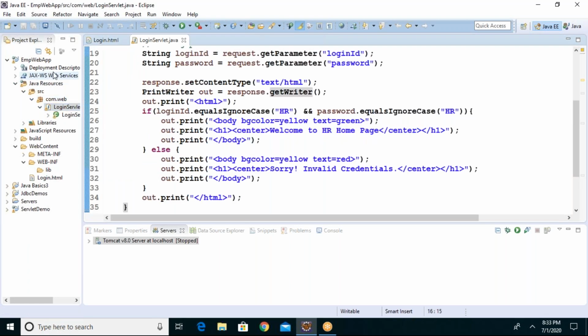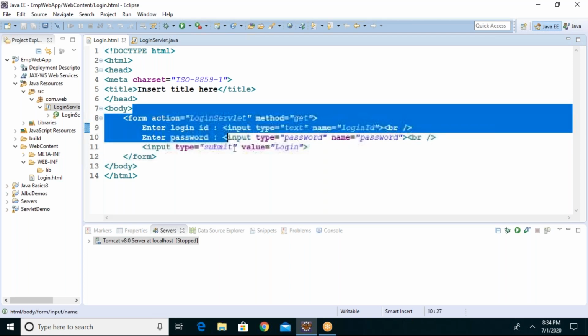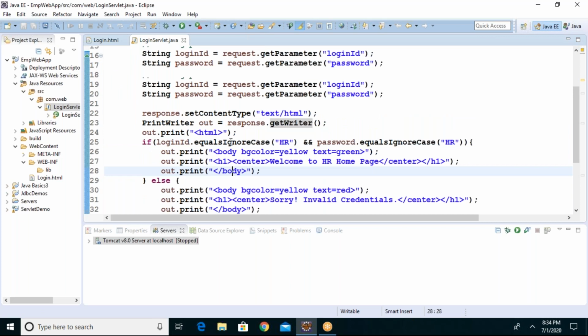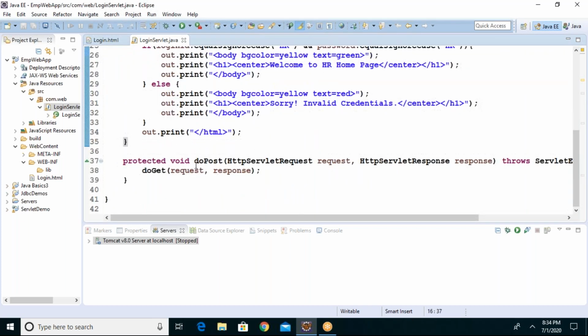Look at this. Right now, it is a get request method because when you are calling from HTML, your method type is specified as get. So the current request we are making to the server is a get request, and of course when you make a get request, it will hit directly the doGet method, not the doPost method, right guys?